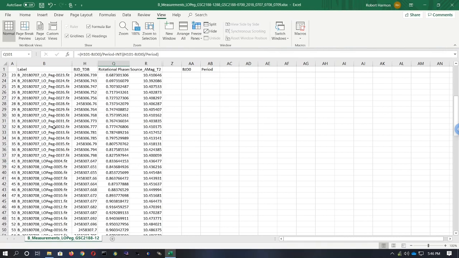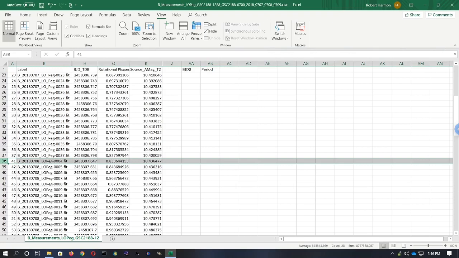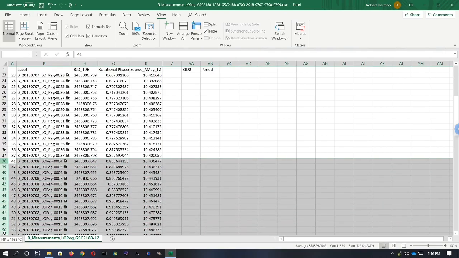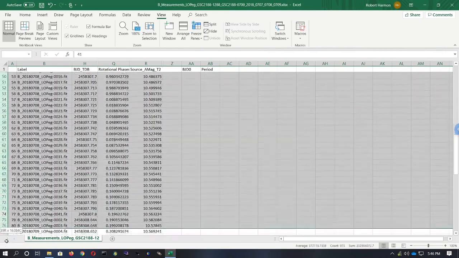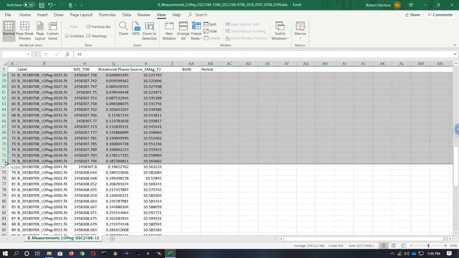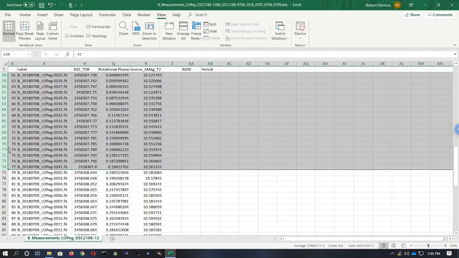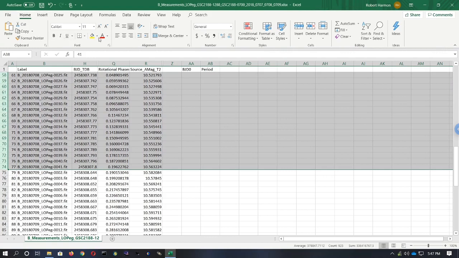So what I'm going to do is go down here to where I see the very first observation on July 8th, the middle of the 3 days in this set. And I'll go to the left edge of the spreadsheet and click to select that row. And then I'll scroll down and select all of the July 8th observation rows. And then I'll go to the Home ribbon and click